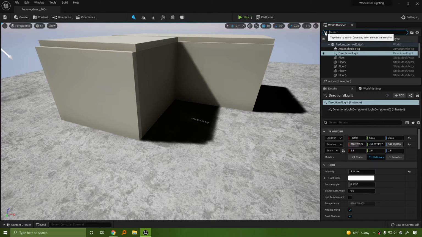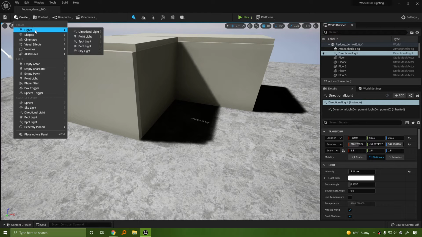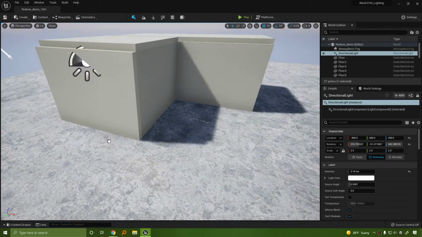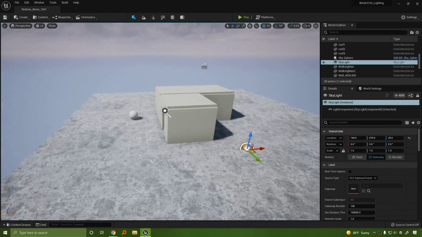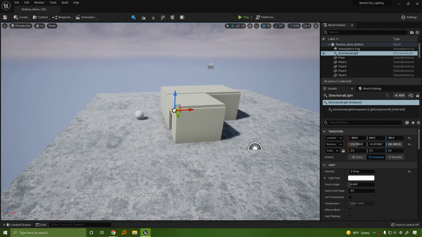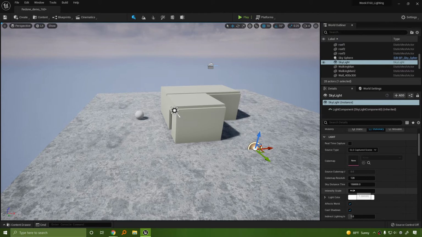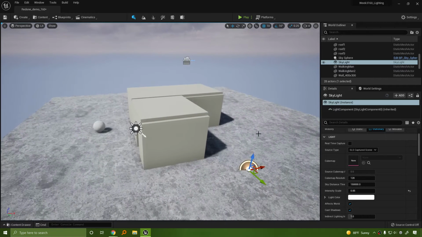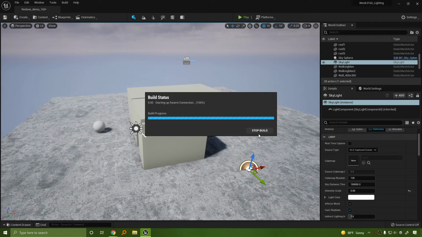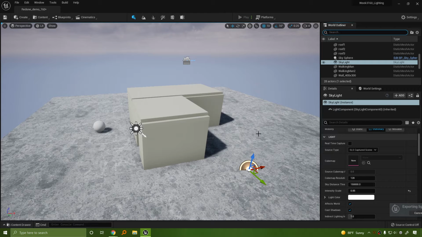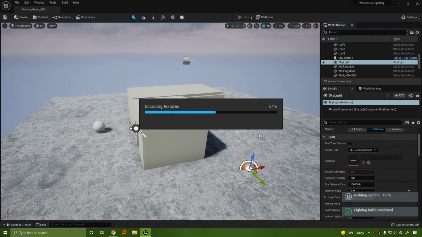When you're using a baked lighting scenario, what ends up happening is, we'll bring in a skylight. And let me set this down a little bit. Intensity scale. And I'm going to do a bake while I talk to you guys. So what happens is when you are using stationary lights or static lights, and assuming that you've disabled Lumen,